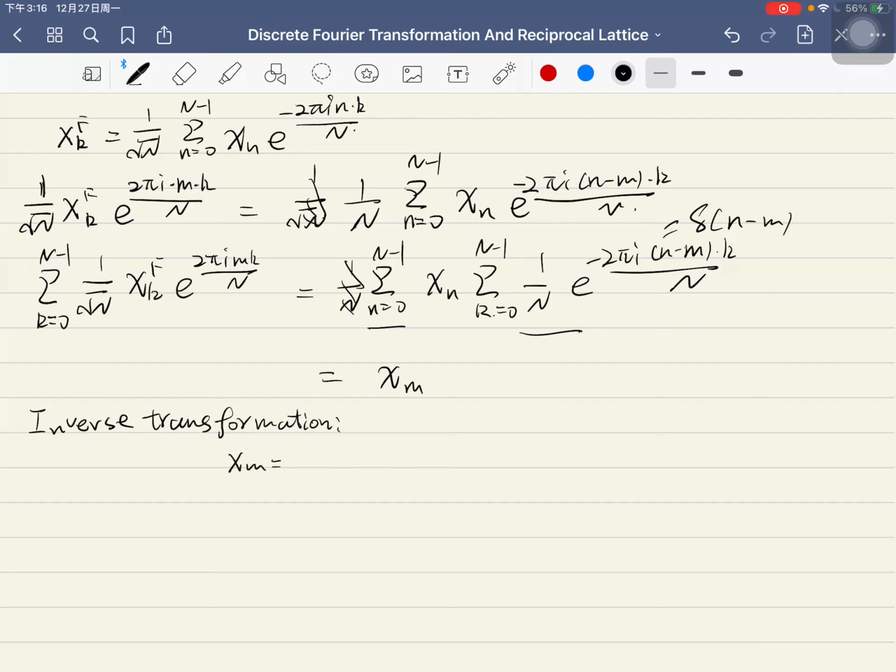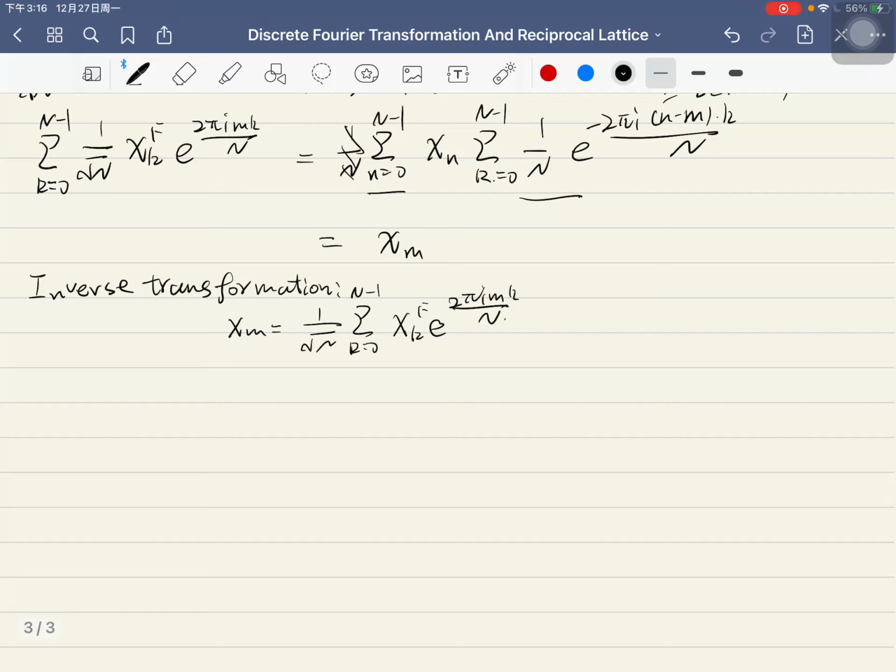X_m equals 1 over root n, sum k from 0 to n minus 1, x_k^F times e to the 2 pi i m k over n. So this is the inverse discrete Fourier transformation. In one dimension,